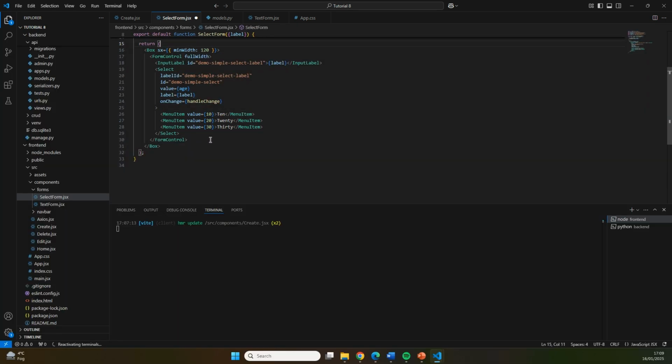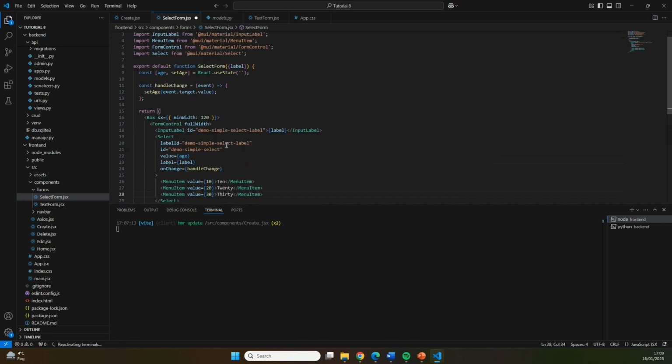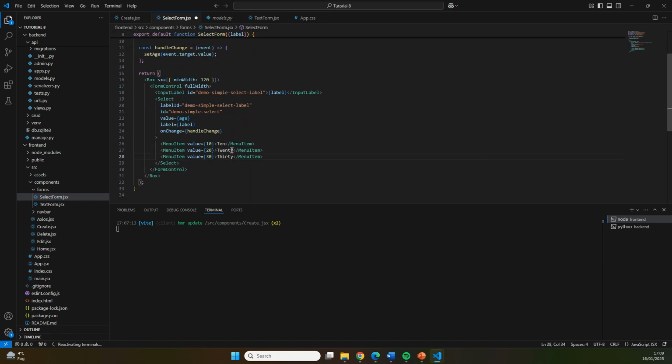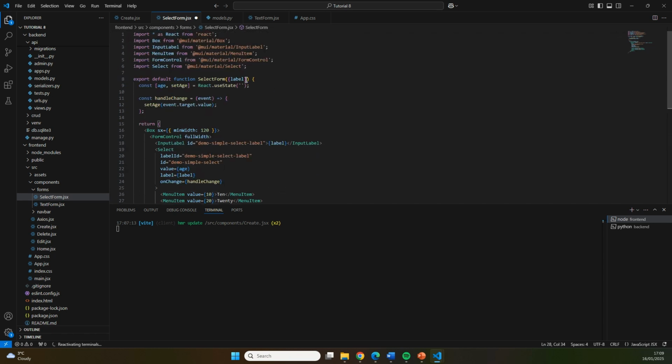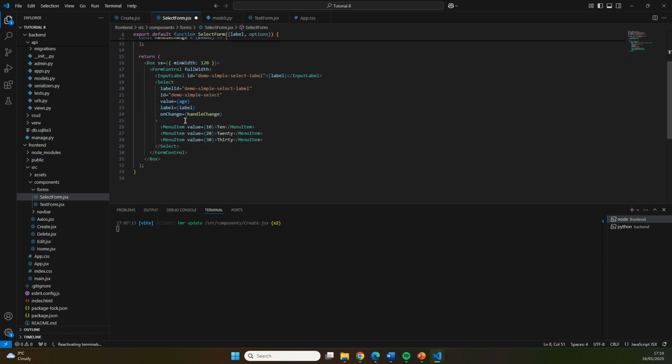Now another thing that you notice is that it has already some options in here for the ages, and the options are currently hard-coded as 10, 20 and 30. However, if this is going to be one of the forms that we'll be using, we also want to pass in what the actual options are going to be. Now, changing this is actually quite easy. We can say that we expect the person using this form to provide some options. And then we can say that we want to map over those different options